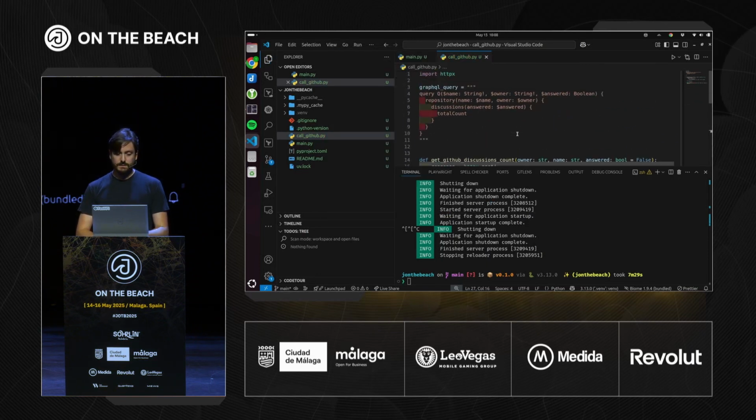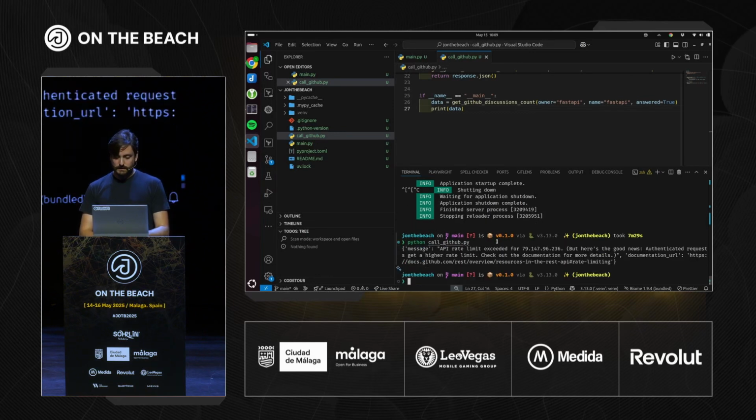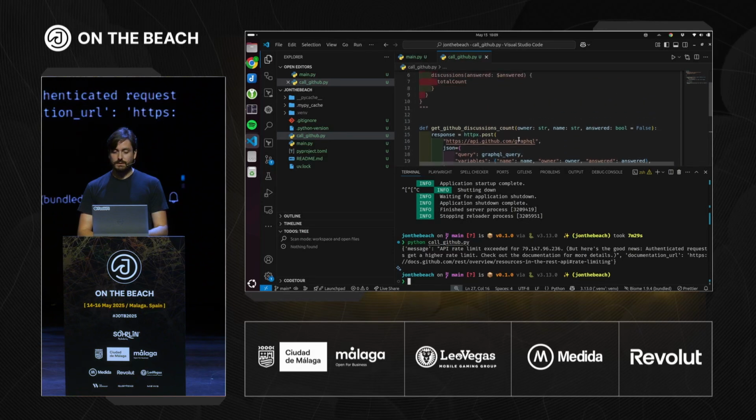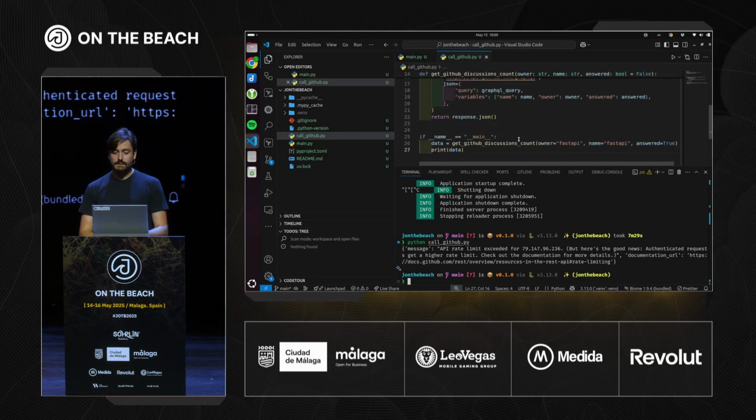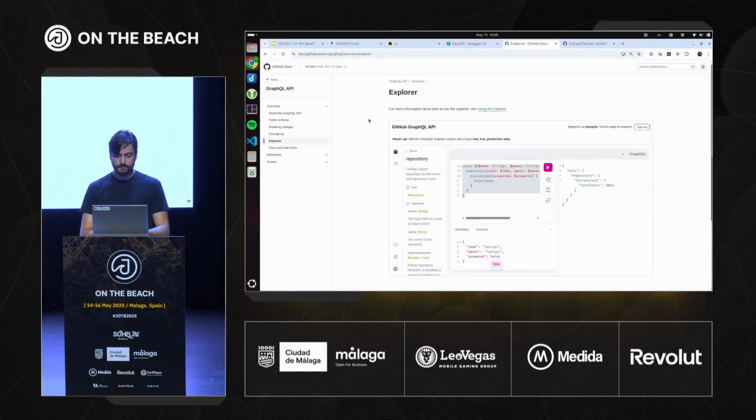And now we're going to say data equals this, and then print the data. Nice. This is what we're going to try. We're going to run this here. So we say python github.py, and then we get a response saying, oh no, the API rate limit exceeded for this specific IP, but authenticated requests get a higher rate limit. So we can authenticate the requests, and then we're going to be able to do that. To do it, we can create a GitHub token. So we are going to create a token right now.